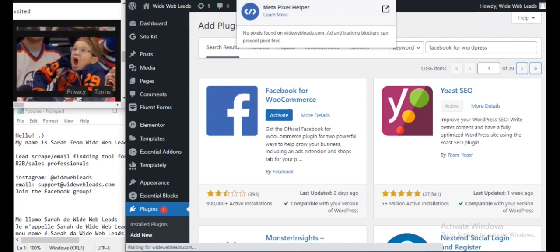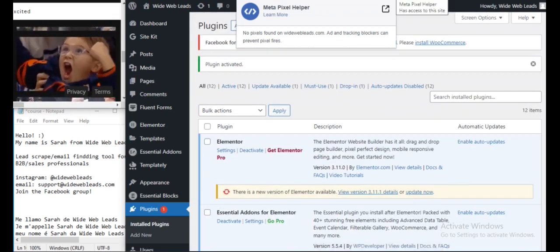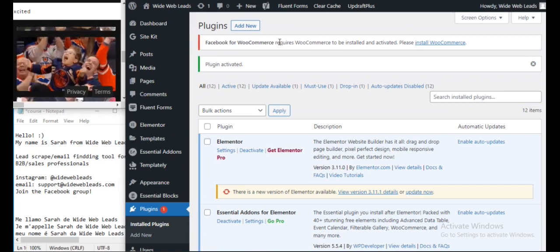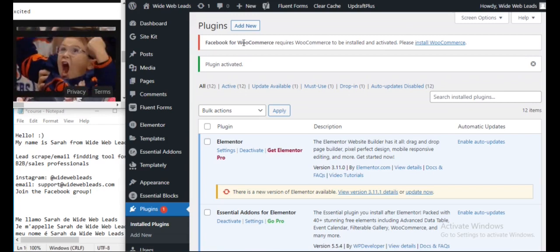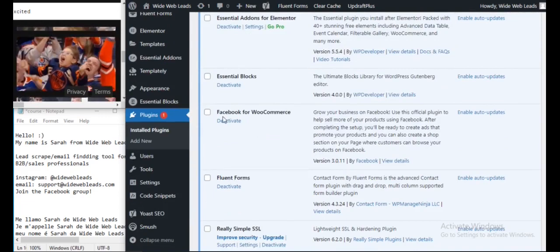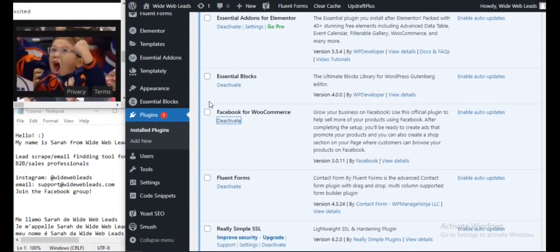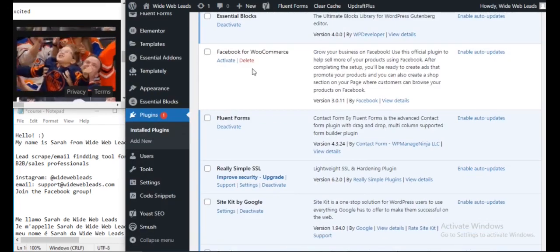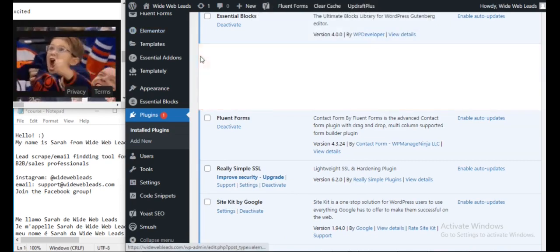So it's going to tell me when my Facebook Pixel is active, okay? Oh, whoops, I got the wrong one. I got Facebook for WooCommerce. I meant to get Facebook for WordPress.